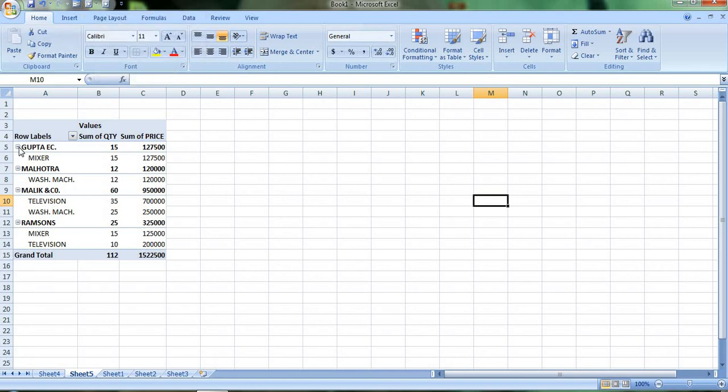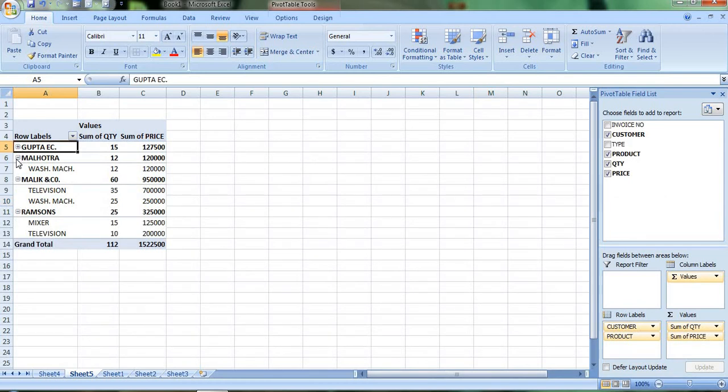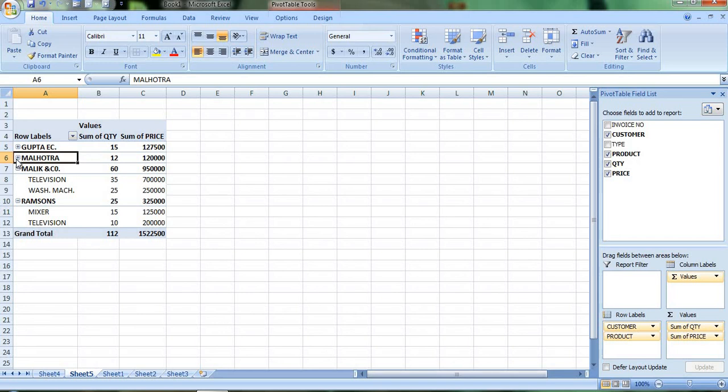You can remove from here also. See, you can remove here. Already the pivot table has been created. The pivot table field list is shown at your right hand side. Okay, what you want or what you don't want, you can maximize and minimize from this field option. Drag the field button from the pivot table field list into the pivot table. Okay, it is already dragged. You can drag this button only.